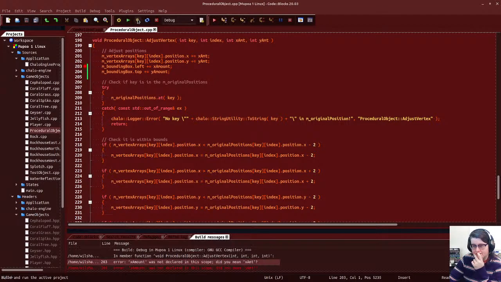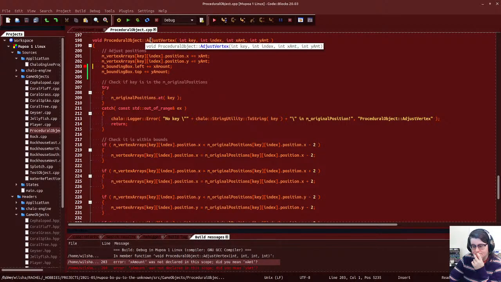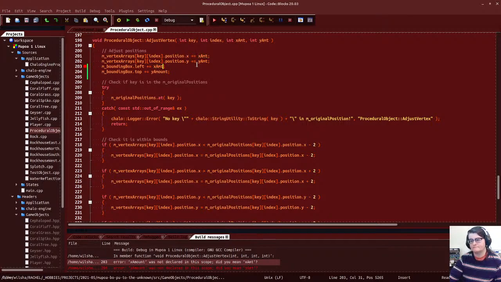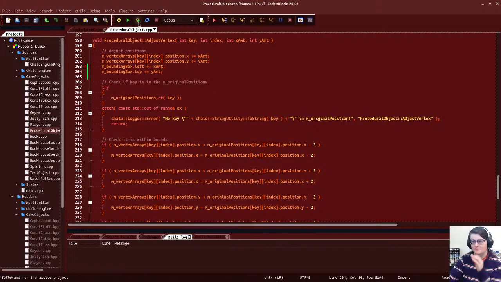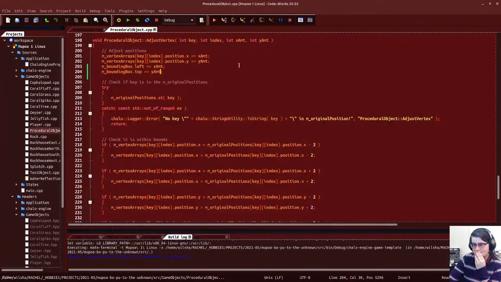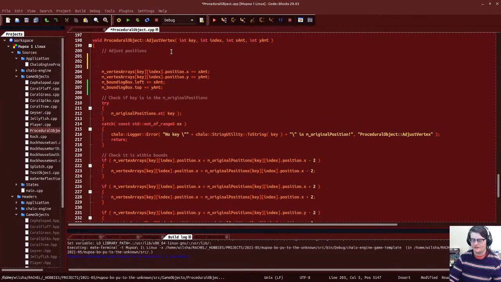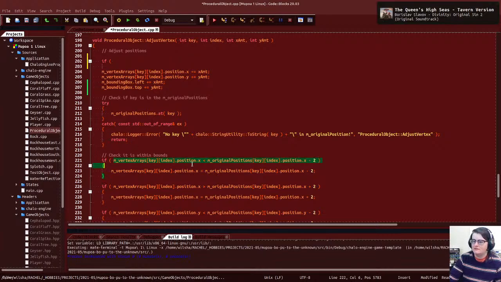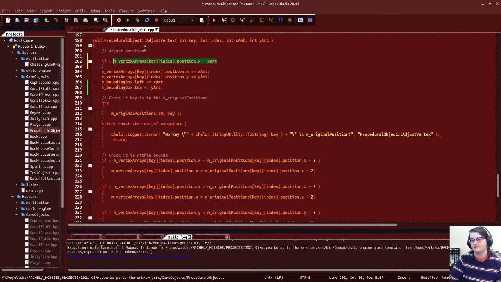I could rewrite this in a different way. I'm gonna rewrite this. What's going on over here? What is this? Okay. So what I'm gonna do instead is we'll say if this plus the X amount, let's say,